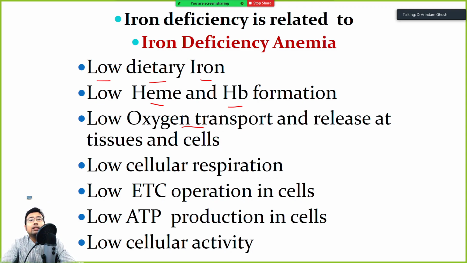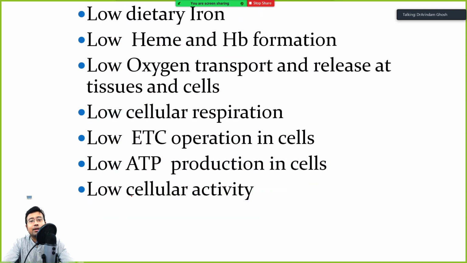What will happen due to that? There will be low cellular respiration. So all things are connected in a chain, okay? If oxygen is not there, cellular respiration will be low. Cellular respiration low means the electron transport chain will be hampered. Basically, this is the last stage of cellular respiration by which all the reducing equivalents, NADH, FADH2, etc., are converted to the energy currency in mitochondria, that is ATP, right? And when ATP production is low, everything gets stalled. The activity lowers, and that is the main reason why fatigue happens. So much is involved in simple iron deficiency anemia. The concept is very easy, but you should keep it in mind.